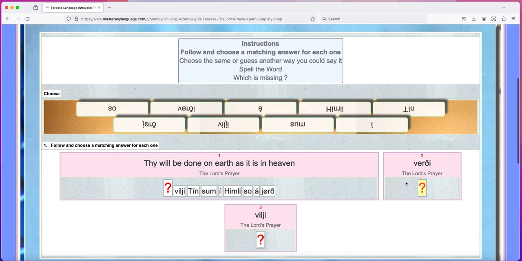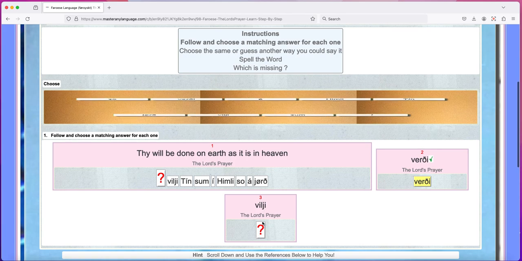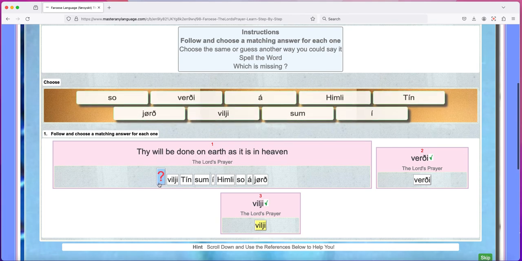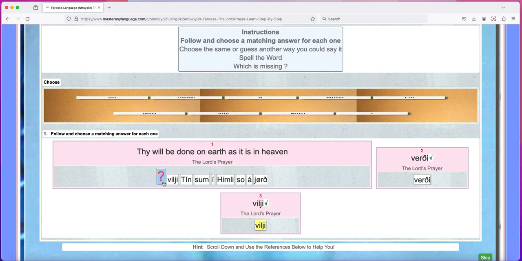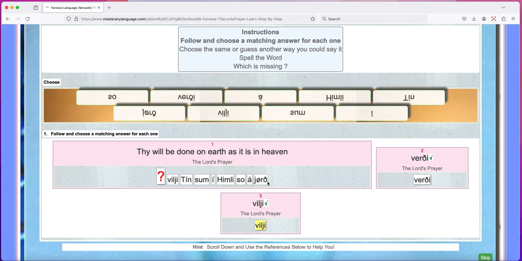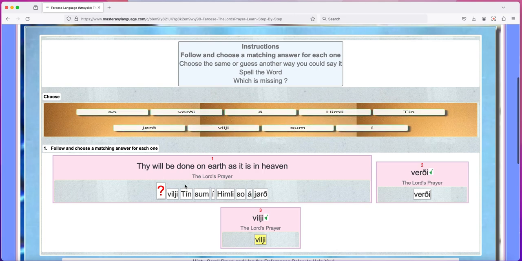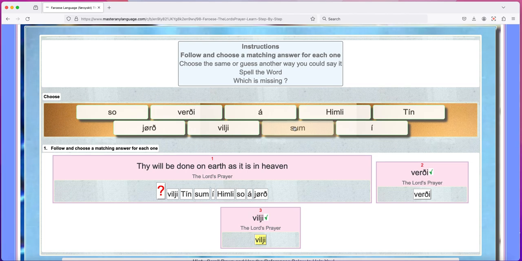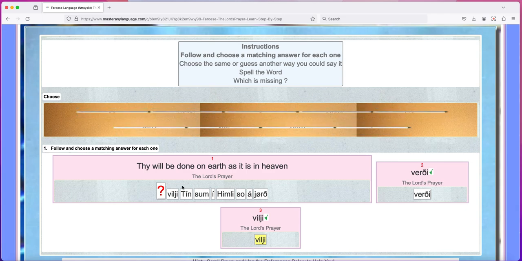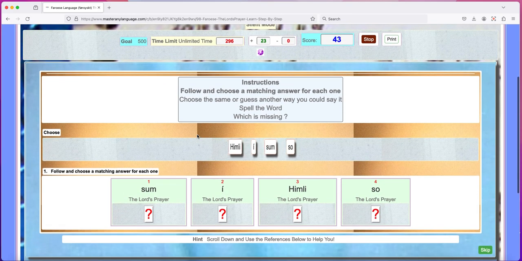Let's see, Verdi, and that letter, I'm not sure the sound yet in Faroese. I'm sure there's a special accent with it, but you can practice that later. Vilji, thy will be done on earth as it is in heaven. Oh, we just had that one. Something vilji tin sum I himli so ajoro. Was it so? Hold on. Let's see. It's gotta be one. I don't think it's Verzi. Sum is already in here. Verzi's in here. E no. Tin no. Is it Verzi? I'm gonna try Verzi. Yeah, that was Verzi. That was a guess. Alright, so Sum